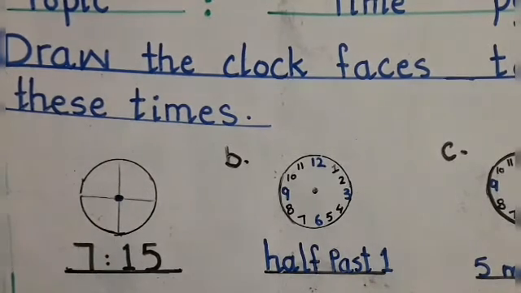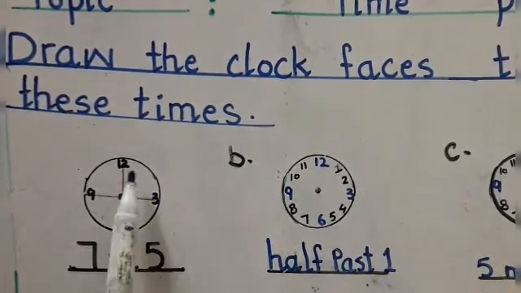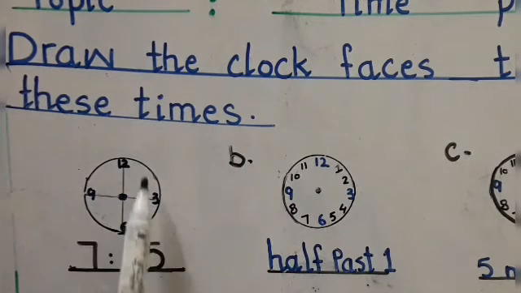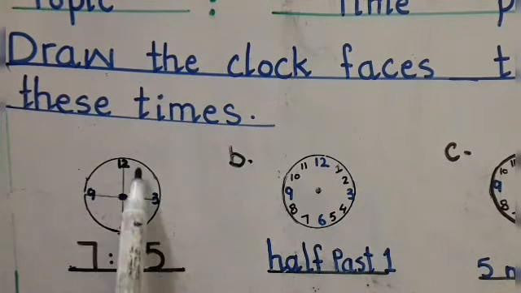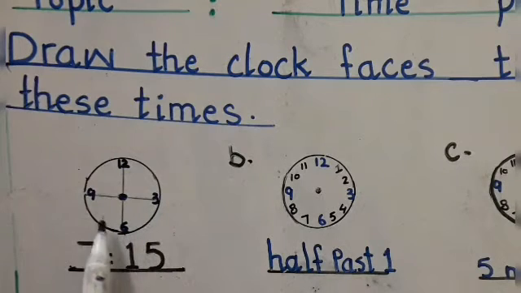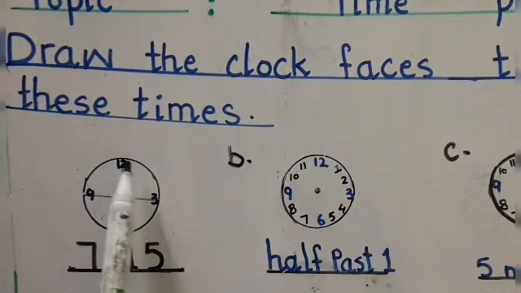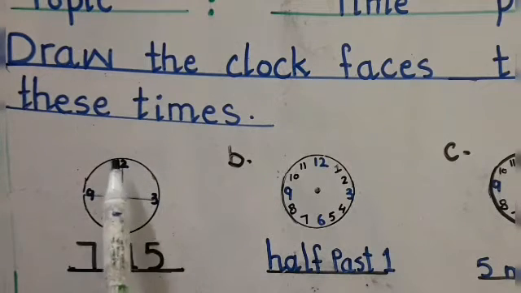Beta, you can see here I wrote 12 first of all, and then on this line 3, and in the middle of 12, 6, and then 9. So first of all arrange these 4 digits, and then how many numbers are left in between? 1 and 2, 3, 4, 5, 6, 7, 8, 9, 10, 11, and the 12 is already written. After writing this, you can see all the digits will be arranged in sequence and in a very proper way.